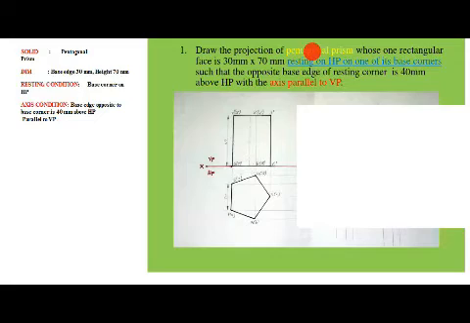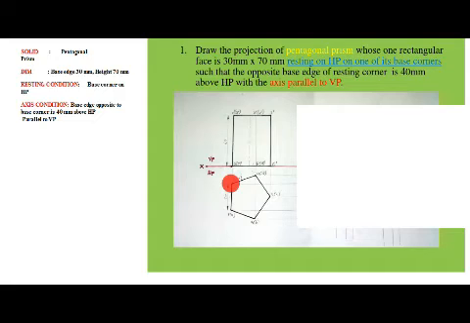So read the question carefully and write the given data. So the given solid is a pentagonal prism and the dimensions of this pentagonal prism are given. See the resting condition, it is resting on the base corner on HP. The axis condition, axis is parallel to VP, but with respect to HP it is not given directly. Instead, it is given that one of the corners is on HP and the opposite edge is 40 mm above HP, which means that the axis is inclined to the HP.